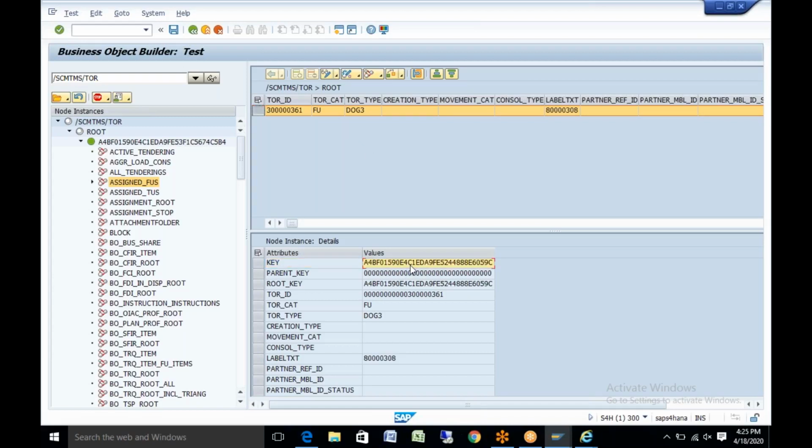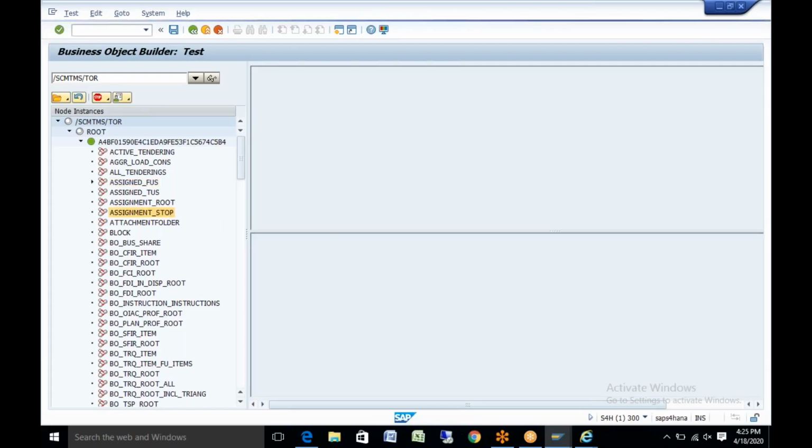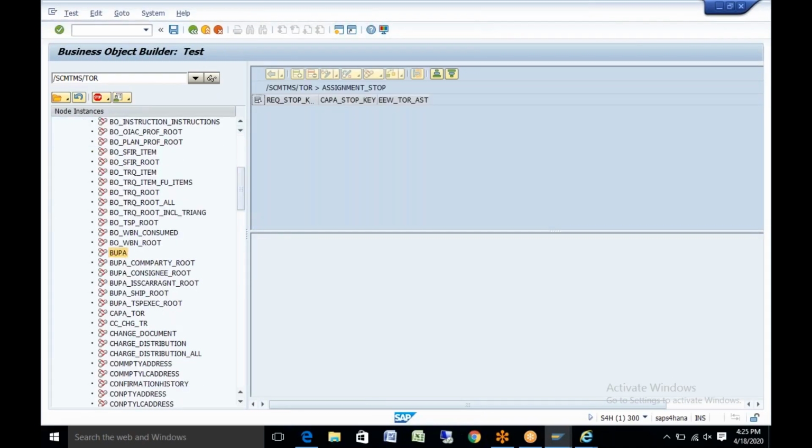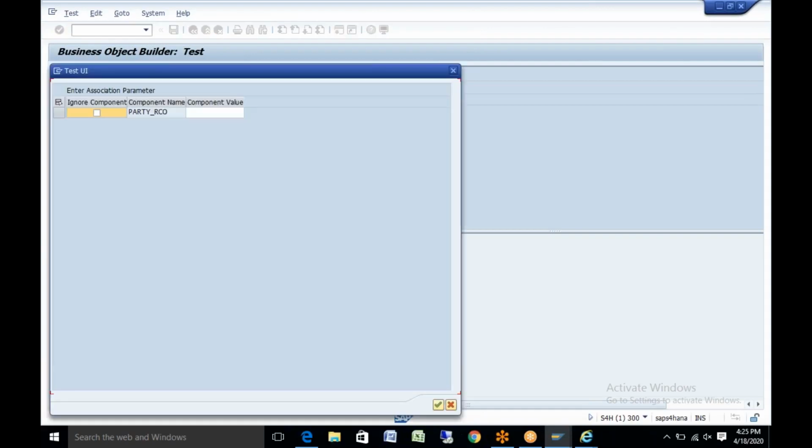I was telling you every object creation has a key. This is the root key, and this key is the same. You can specify any key, and then you see this is the FU type and all. If you want to see your stage level information, if I go down, or rather if you want to see what are my business partner information,